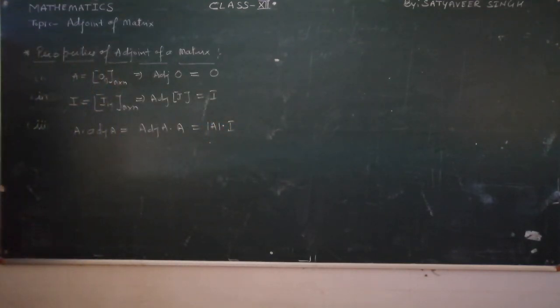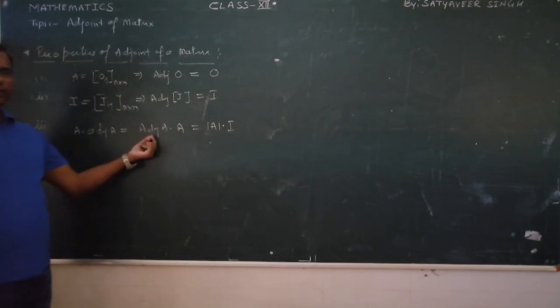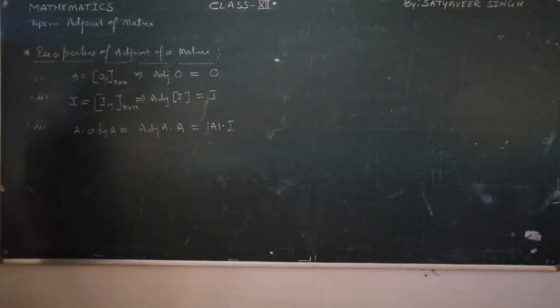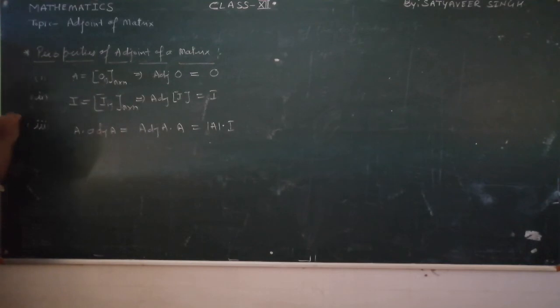This you will have to verify also in some of the questions. He may ask sometimes a question based on this property. If there is a matrix A, and if you find the adjoint of that matrix, and multiply both, it will be definitely equal to adjoint A into A and equal to the determinant of A into I. So this property is very, very important. I should write here: very important result. You will have to verify it in some questions.